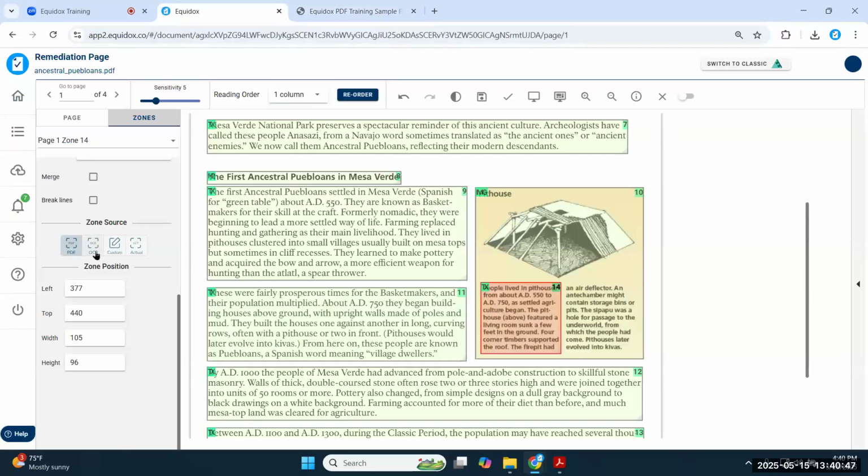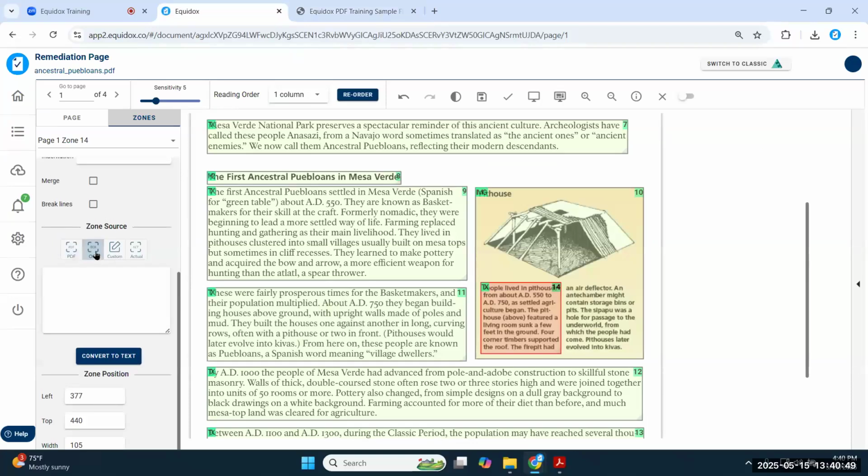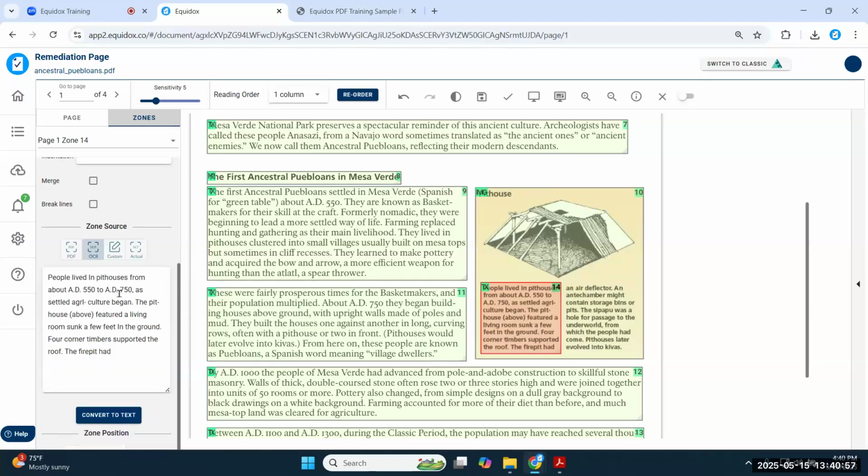But if I change that zone source to OCR, I can now hit convert to text. And then the OCR engine will extract the text from this image. And I get my text result right here. So it's a form of artificial intelligence, essentially, where it's able to analyze this little screenshot of text, and it gives me my result.